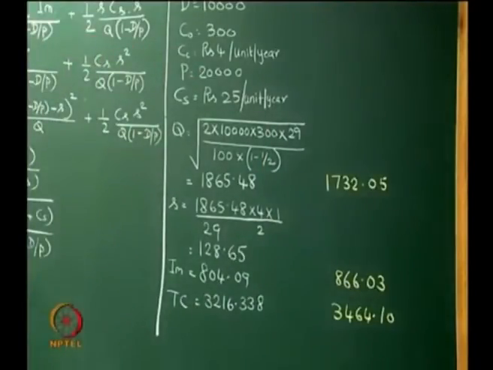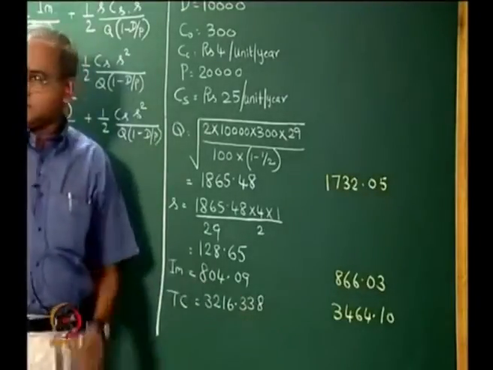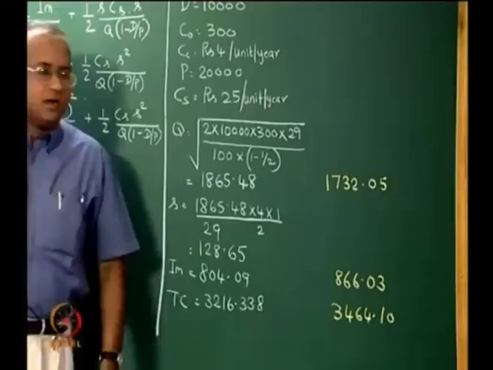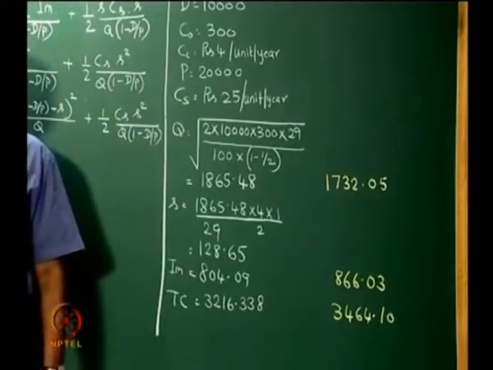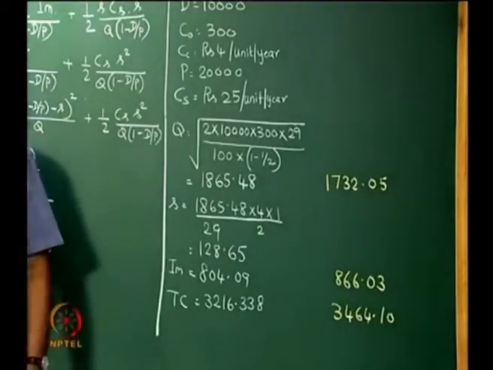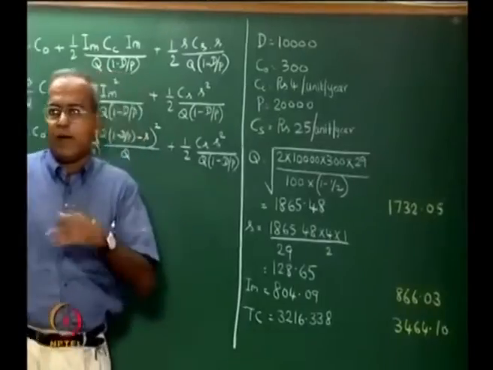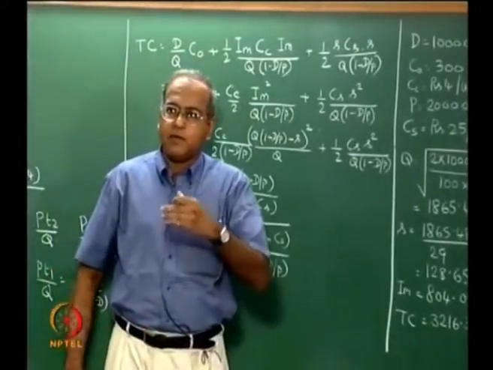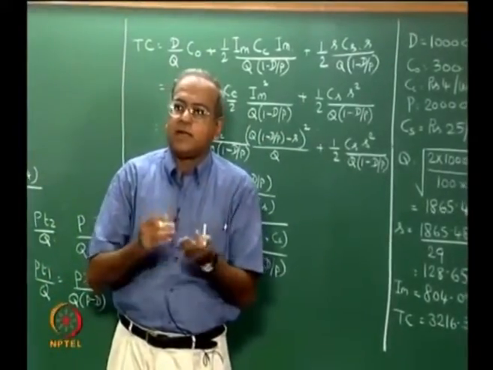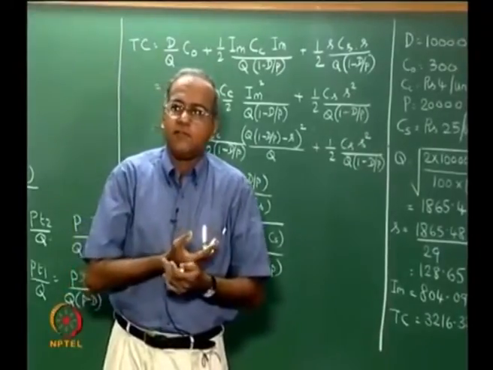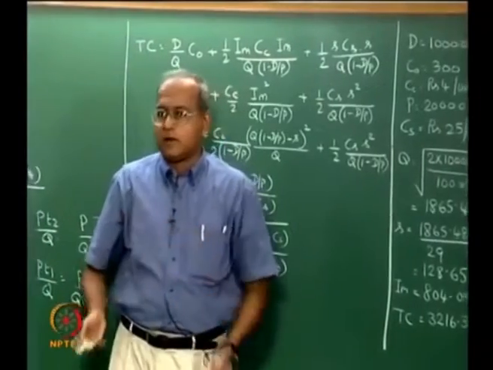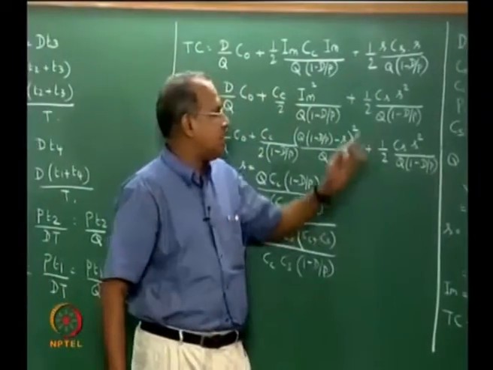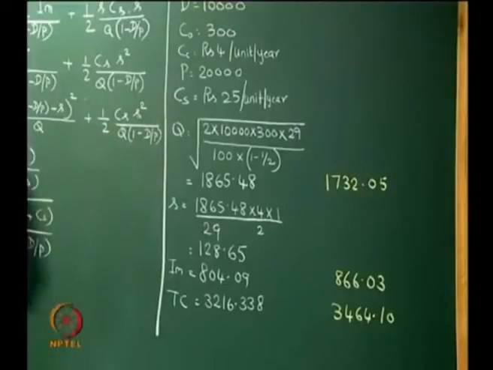Now, what do we gain by comparing? The first thing that strikes us is when we have Cs, or when we can allow back ordering, the total cost comes down, 3216 versus 3464 when Cs was infinity. The same result when we go back in time to compare the first two inventory models for items that we buy, where we showed that if we allow back ordering, it actually works out cheaper per year than the case without back ordering. The case without back ordering can be seen or assumed to be Cs equal to infinity.